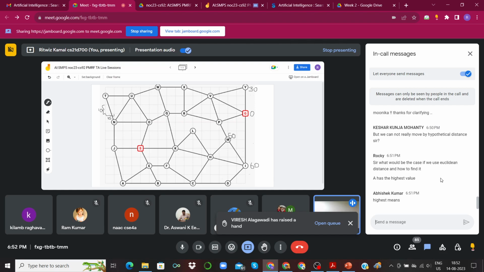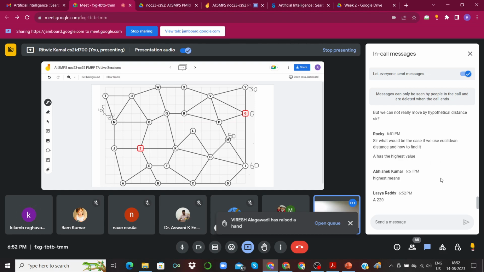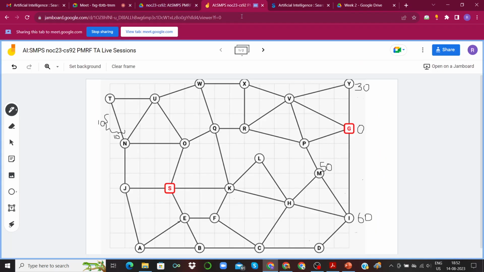And Rocky asked, what would be the case if we use a Euclidean distance and how to find it? So yeah, we could use the Euclidean distance as well. If you remember from our high school mathematics, the Euclidean distance between 2 points of the coordinate system x0, y0 and x1, y1 was root over x0 minus x1 whole square plus y0 minus y1 whole square, right?